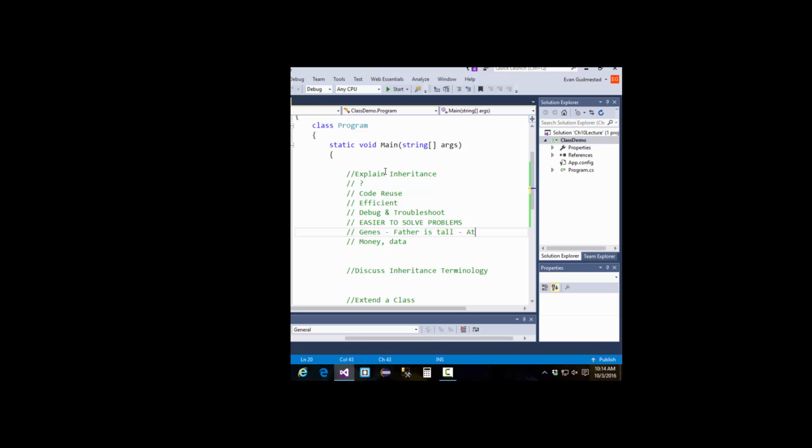That would be an attribute. Money could be data or an attribute. Okay, so if you can inherit attributes, what else might you inherit in the real world, if we're talking about inheritance? Eye color. Huh? Eye color. Okay, eye color, so we're still talking genes, but